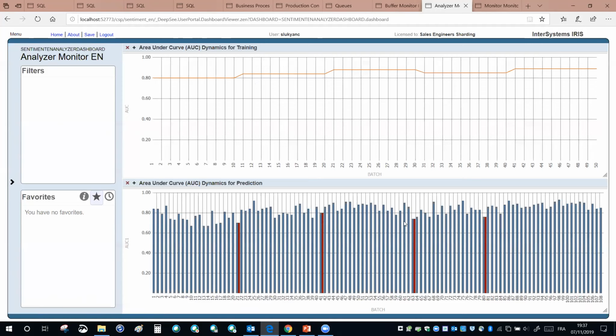So this is an important controlling mechanism here that automatically detects when the accuracy at prediction becomes below a certain threshold. And once the monitor process, the one that we've shown before, detects that it dropped below that level, it may not detect, by the way, so we're not monitoring each and every prediction result. We're doing some sampling, but when this sampling catches something that is really below, it gives a signal to the analyzer process in that system to do the retraining. So let's do this. Let's run this example.